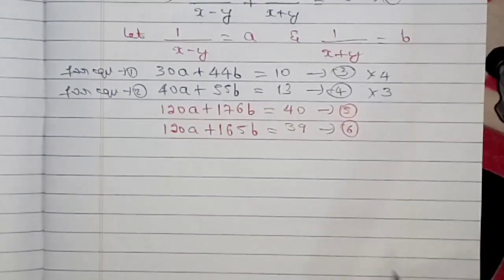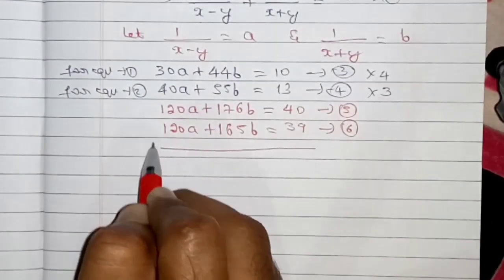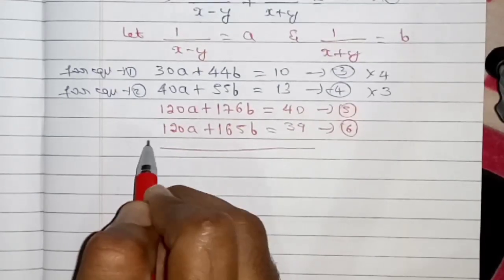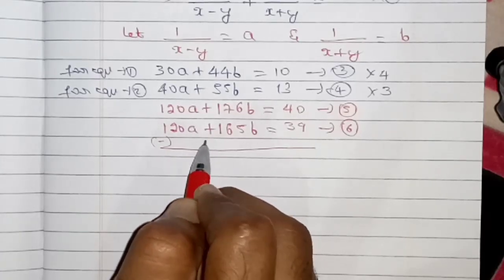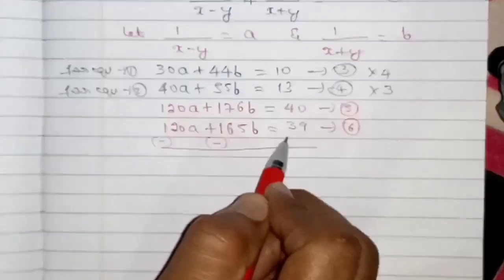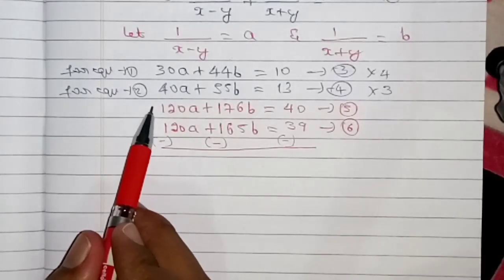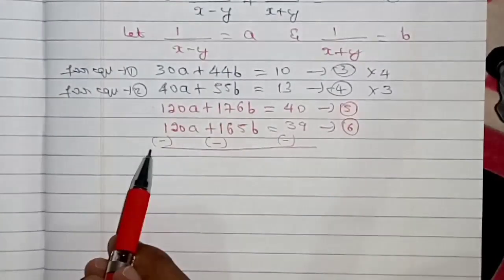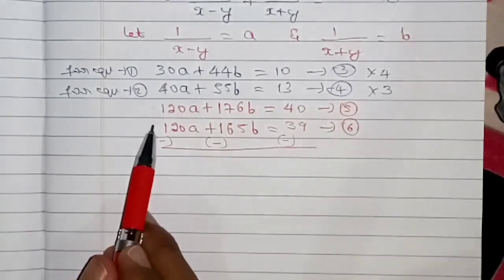Right, now we are using the elimination method, right? Now change the symbol. Here plus is there, you need to observe the symbols of the fifth and sixth equations. So here plus is there, change it to minus. You need to change plus as minus, minus as plus. Now here you are having 3 symbols, right? In the fifth equation you have symbols, and also in the sixth equation, and also in a you have changed the symbols. So you are having 3 symbols. Here also, here also, here also.